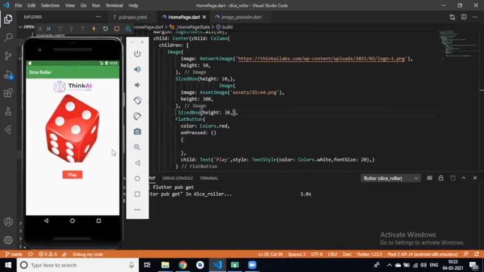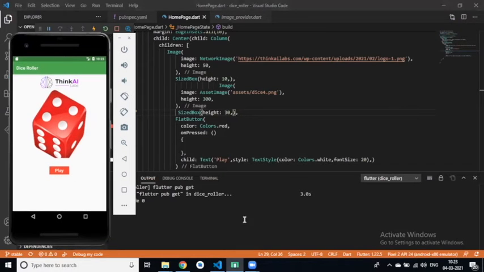In future, we'll learn how to curve this button, like corner radius and elevation and all. But for now, we have a logo, that is our network image. We have an asset image and we have a button. If I click on this button, then what happens?